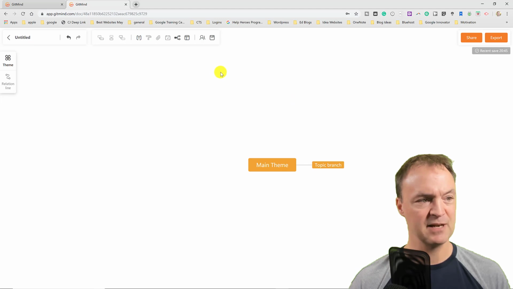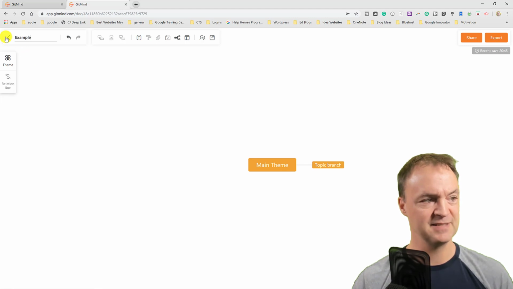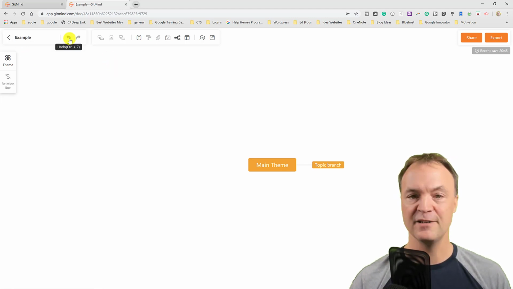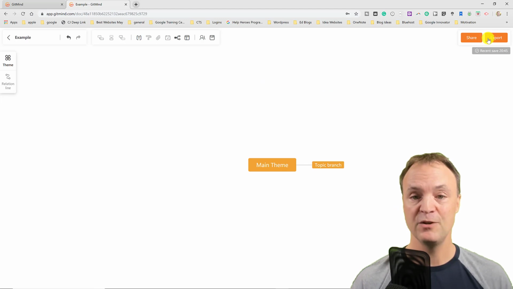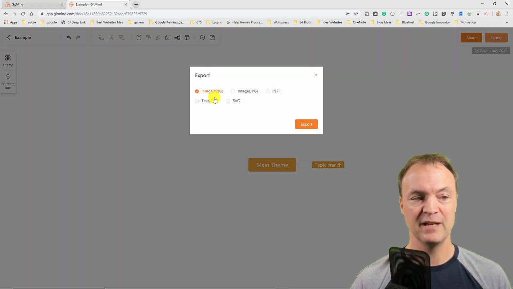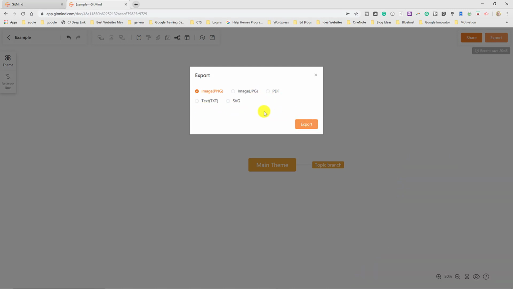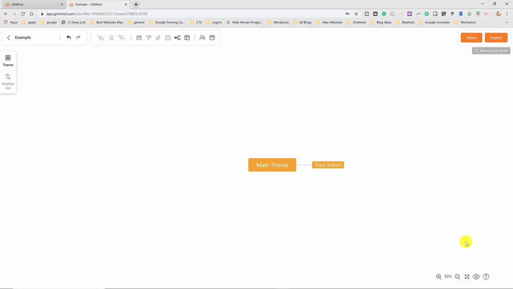The other thing I just wanted to point out here, you can title it up here. You can just type if you want to give it an example name like so. We have our undo up here, but it's super easy to use. And if you want to save everything down to your computer, maybe email it out, we have the export option where you can go from PNG to JPEG, PDF, text, SVG, and then select which one you want and hit export. And we can also zoom at the bottom to get a little closer, so you can be putting all your sub nodes on, and you have this giant canvas that you're not going to run out of room on for all your ideas.